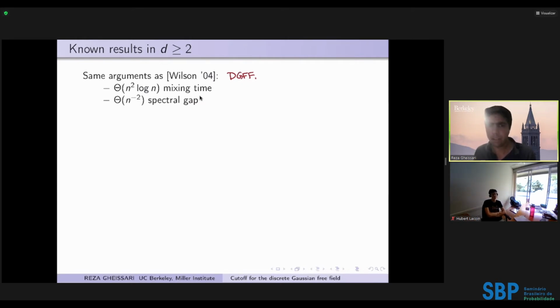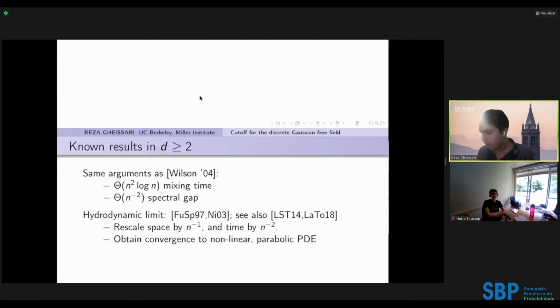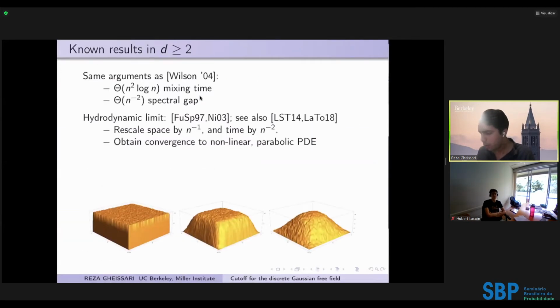And with a little work, you can get from that an order n squared log n mixing time and order n squared relaxation time, or inverse spectral gap. But as soon as you move beyond the DGFF, so let me first say, we know the order of the mixing time, but we don't know the